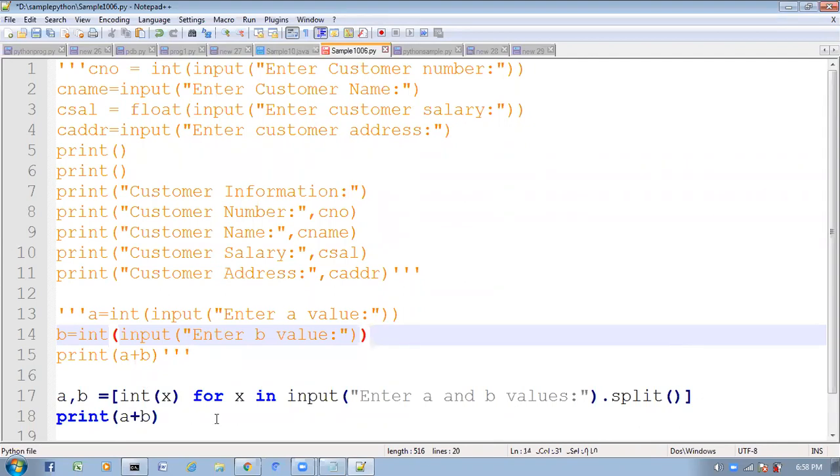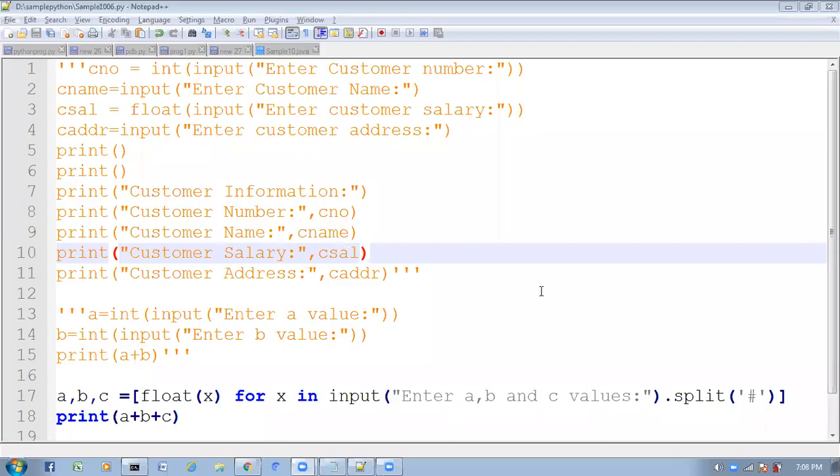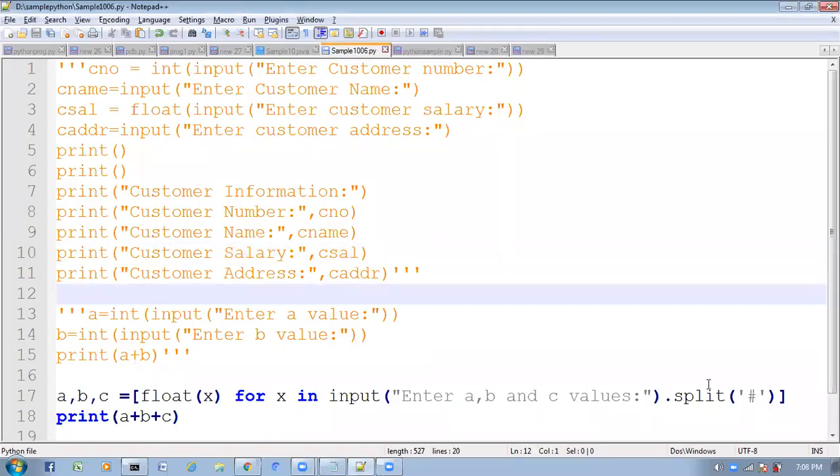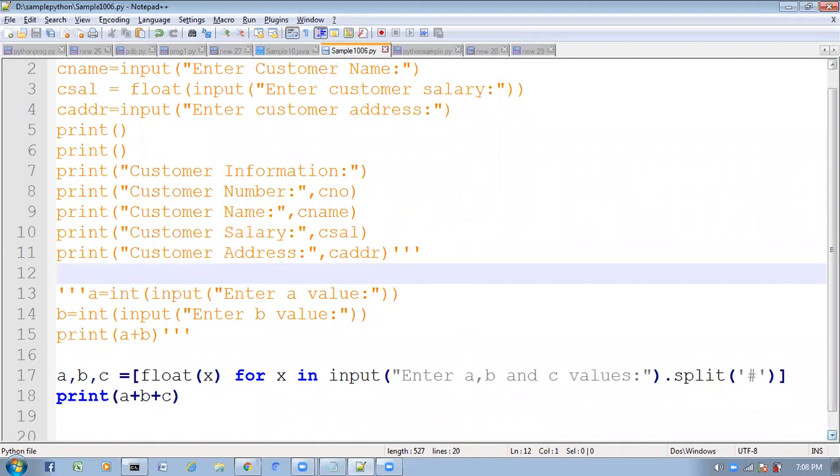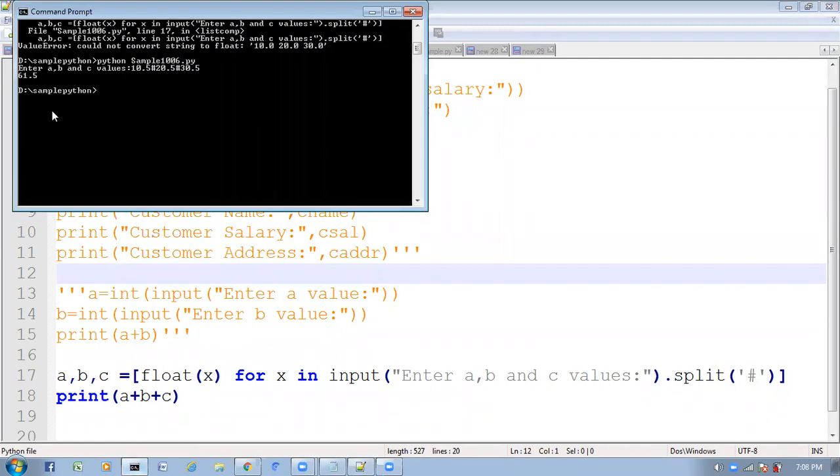Now observe very carefully. Here I am passing hash as the separator to the split function. So in the given string, wherever we have the hash symbol, up to there it will split.